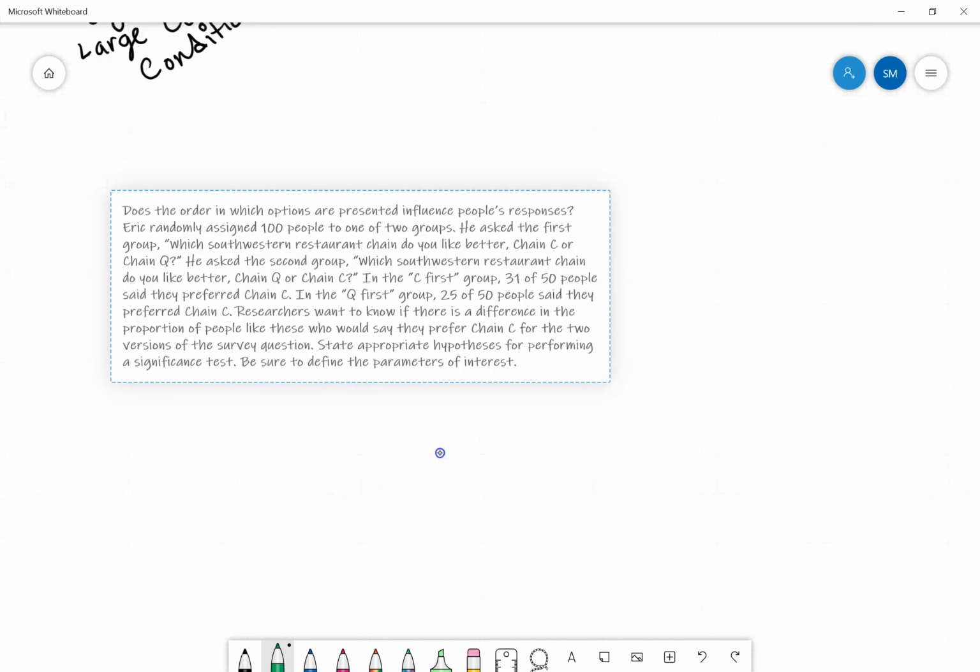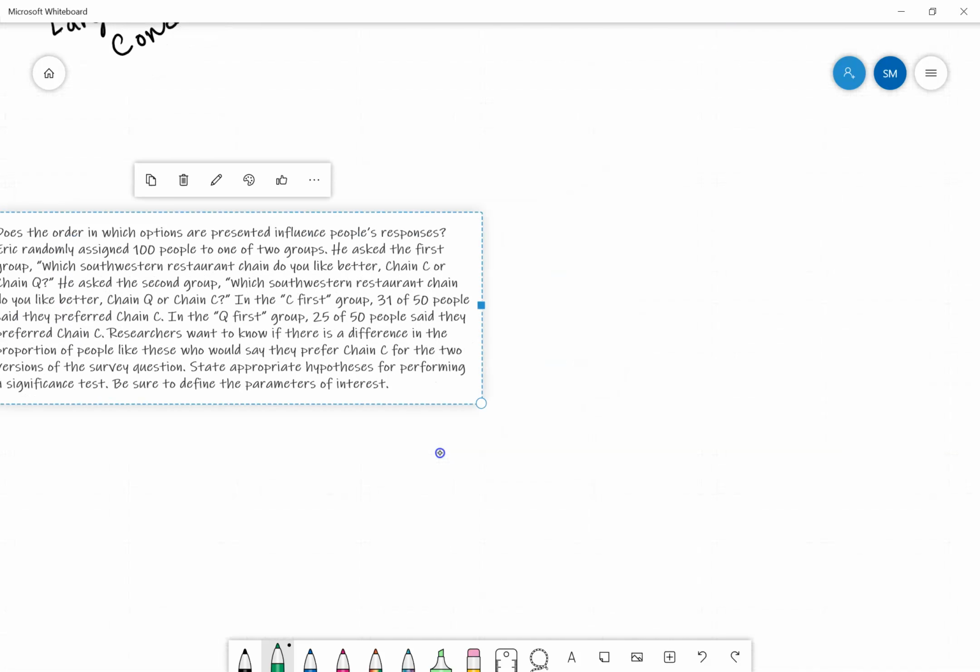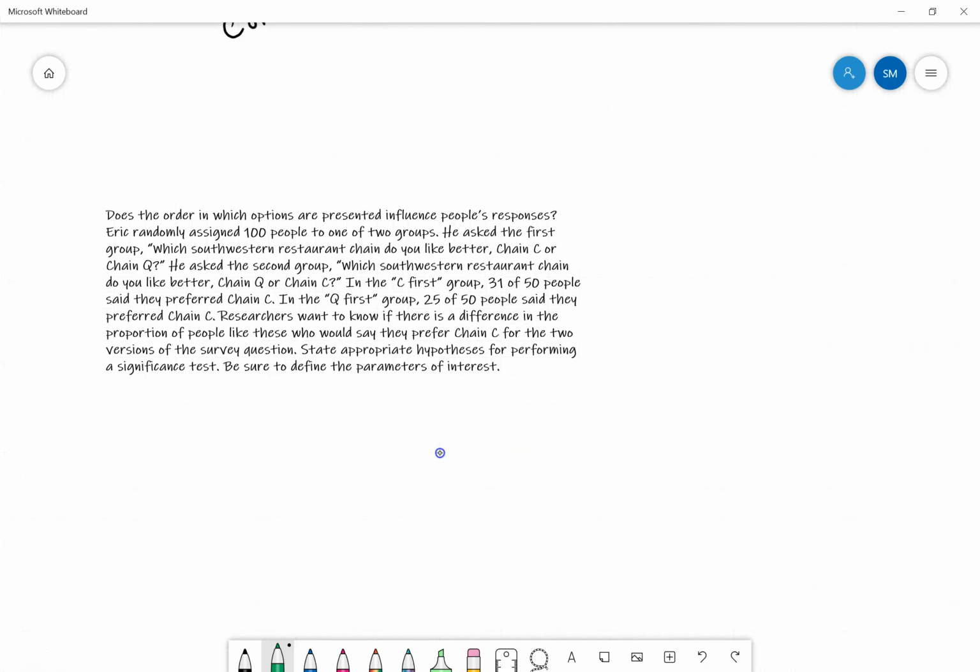So this one is about opinions, I guess. It's pretty interesting. Does the order in which options are presented influence people's